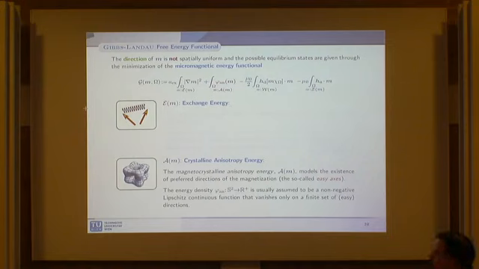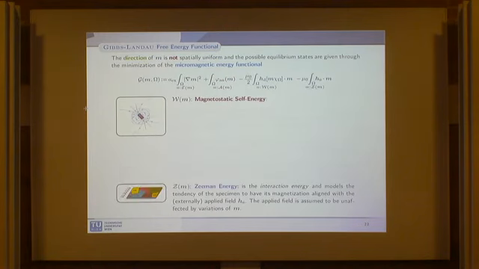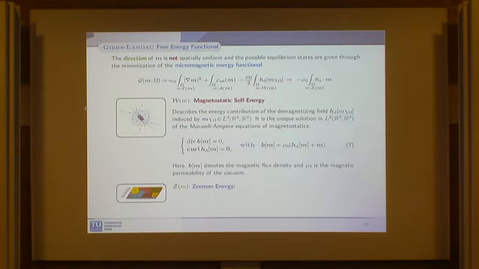And these directions are called easy directions, and you can model this by introducing a function defined on S2, which is usually assumed to be 0 just on the easy directions. So it's a positive function which is 0 just on these easy directions, and so this contribution favors the alignment of magnetization along these directions. Okay, do not dwell on this. The magnetostatic self-energy is the contribution that is here, and as I told you, this is the non-local interaction term, because for every magnetization you have to solve this problem, then plug the result into the energy, and then see if this is the minimum value.